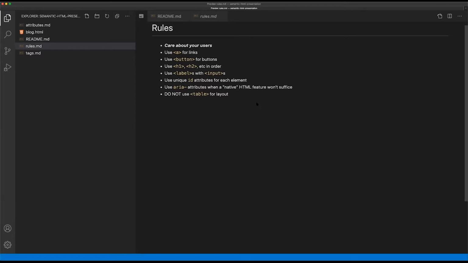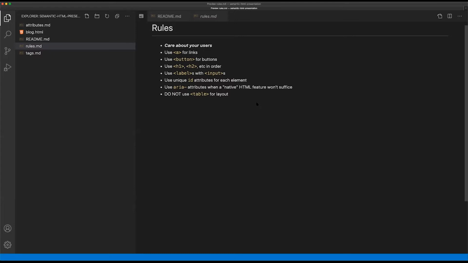It's going to go a very, very long way towards making sure, much more so than memorizing a list of rules or definitions for tags. That's going to guide you the best with regards to using semantic HTML and using accessibility to their fullest potential. So the rest of the rules are much easier than that. First is always use an anchor for links. So the anchor tag, the A tag,